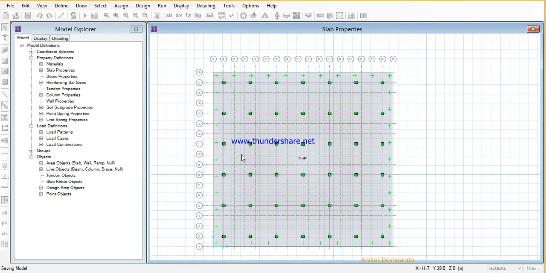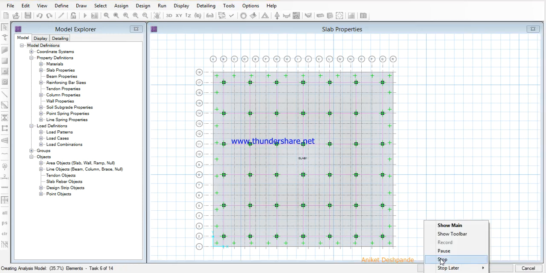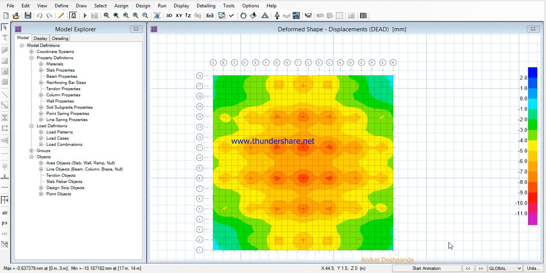Save. Then it will save the model, then it will run the analysis. Wait for the analysis. Once the analysis is done, you can see the displacement values for the slab. So here you can either move your cursor and see the deflection values, or else you can also